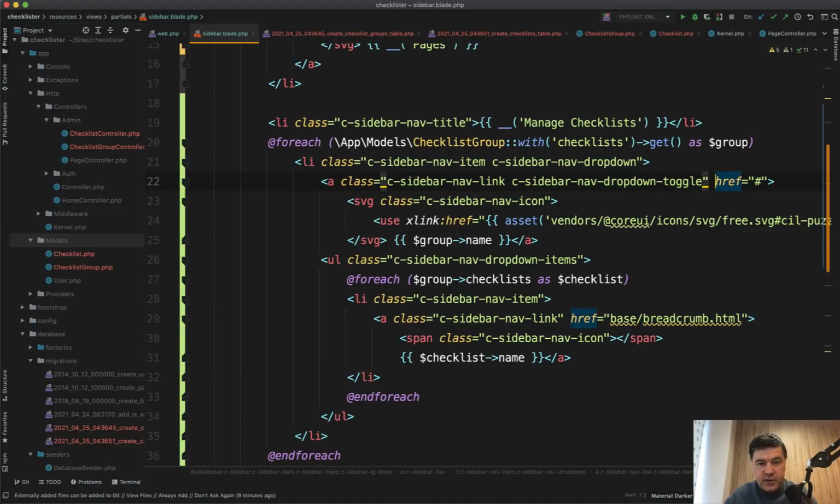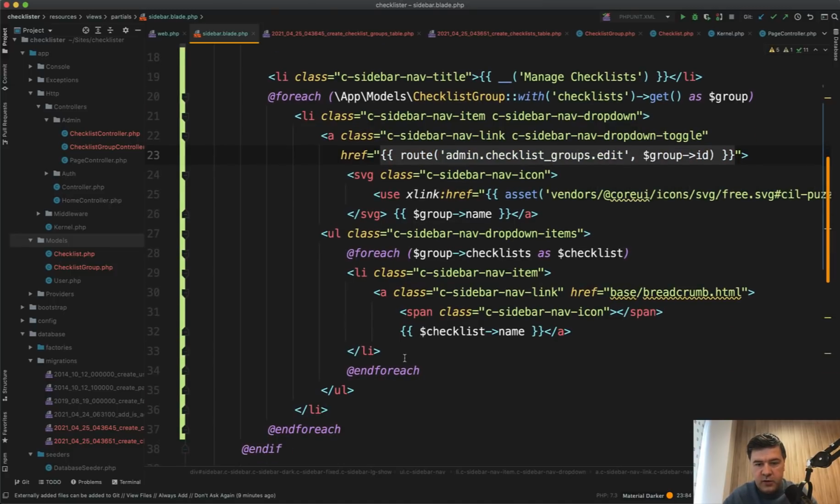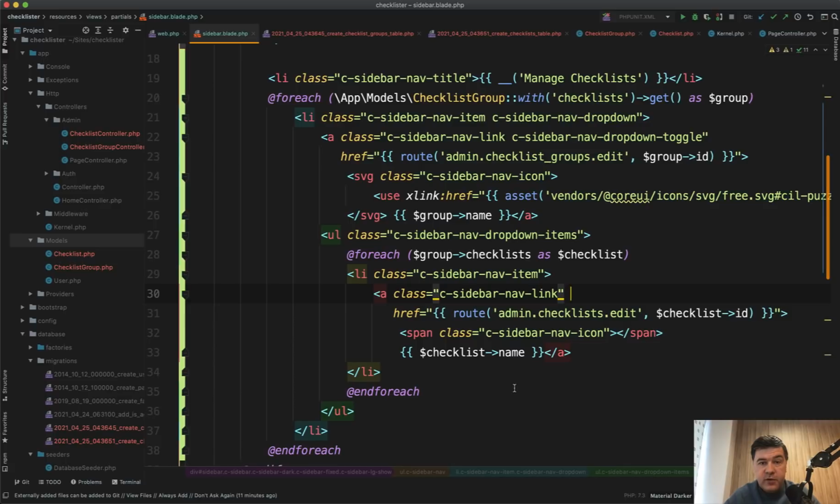And now the links. This link for checklist group should be to route admin.checklistGroups.edit for checklist group or group ID. The other link will be for editing the checklist. So subgroup checklists edit with checklist ID. But of course, for now, we don't have any groups or checklists. We could, of course, seed it from the database, but let's imagine a fresh scenario with nothing in the database,